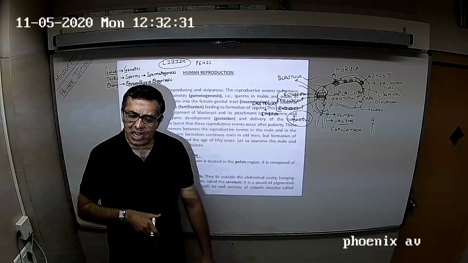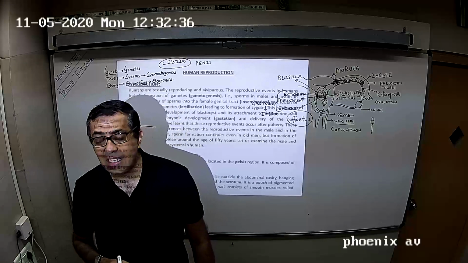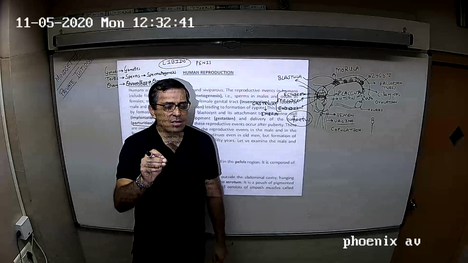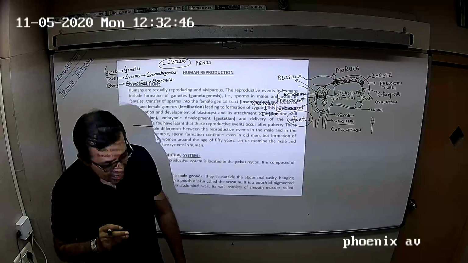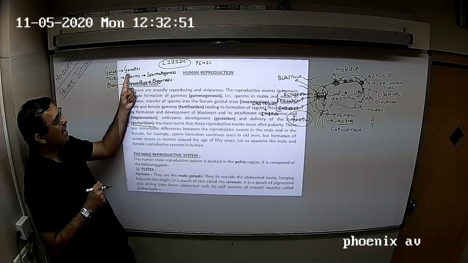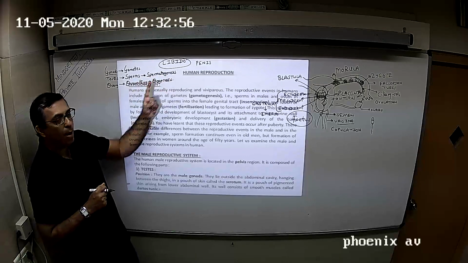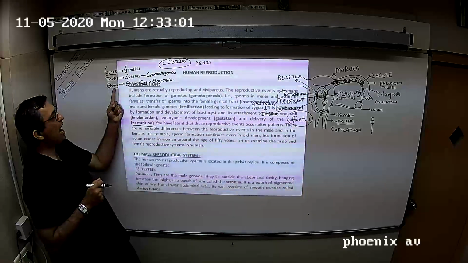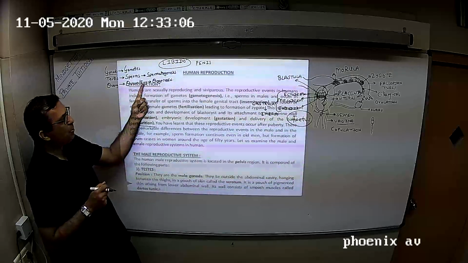Parturition: the baby is fully developed and delivered out of the body, and this is a beautiful way that reproduction has taken place. So, we'll just sum it up again. At puberty, in males, in the male gonad called testis, gametes called sperms are produced by a process called spermatogenesis. At puberty, in the female gonad called ovary, the female gamete called ovum or egg is produced by a